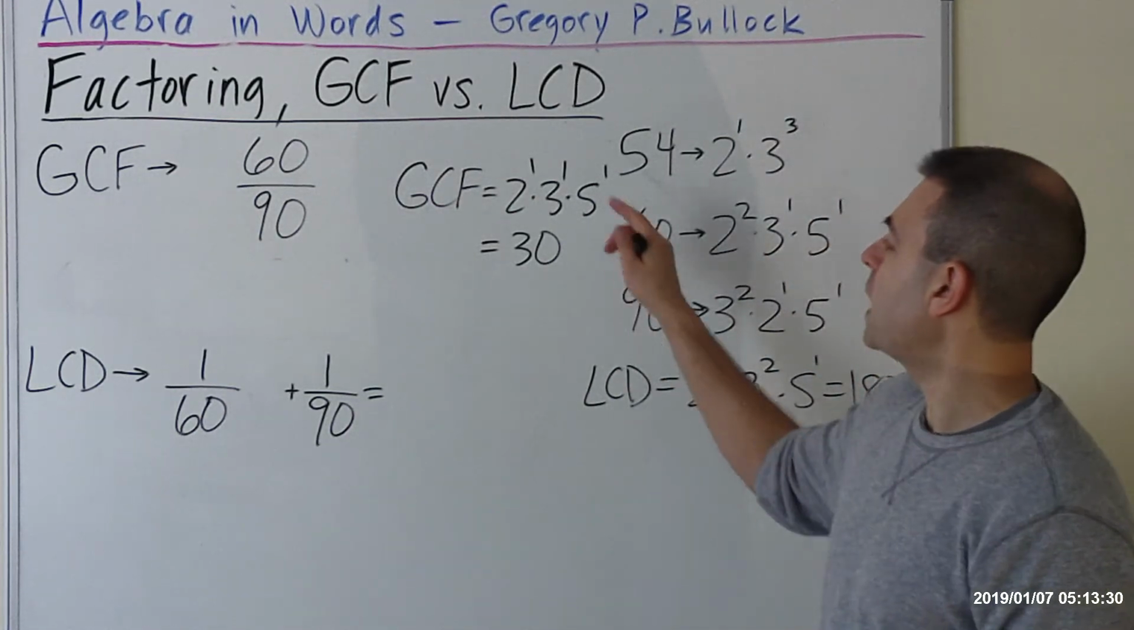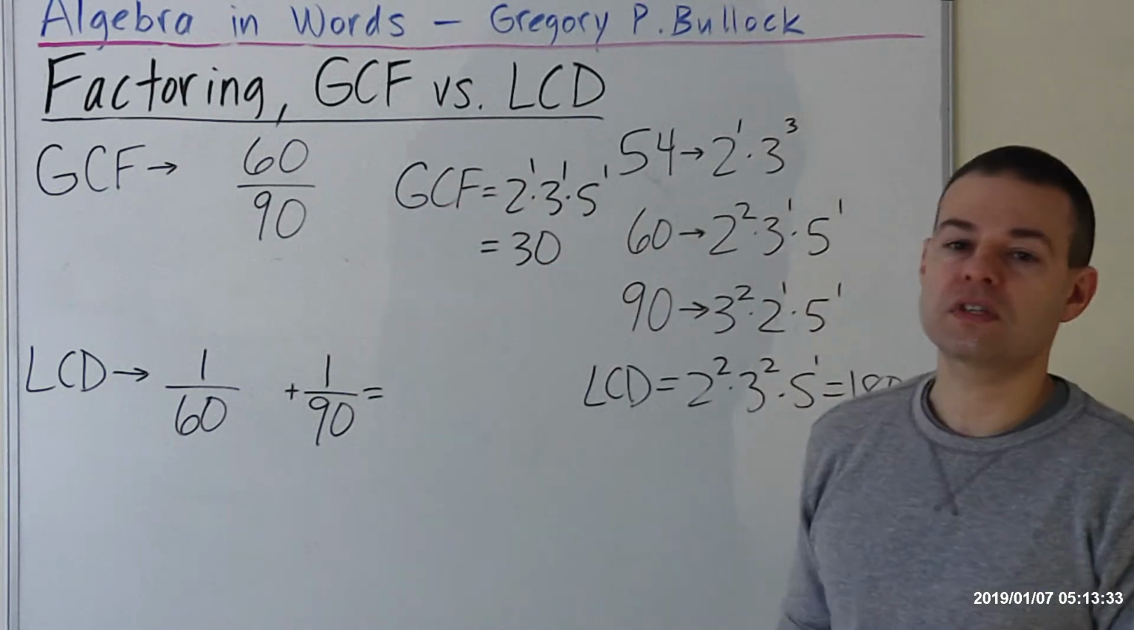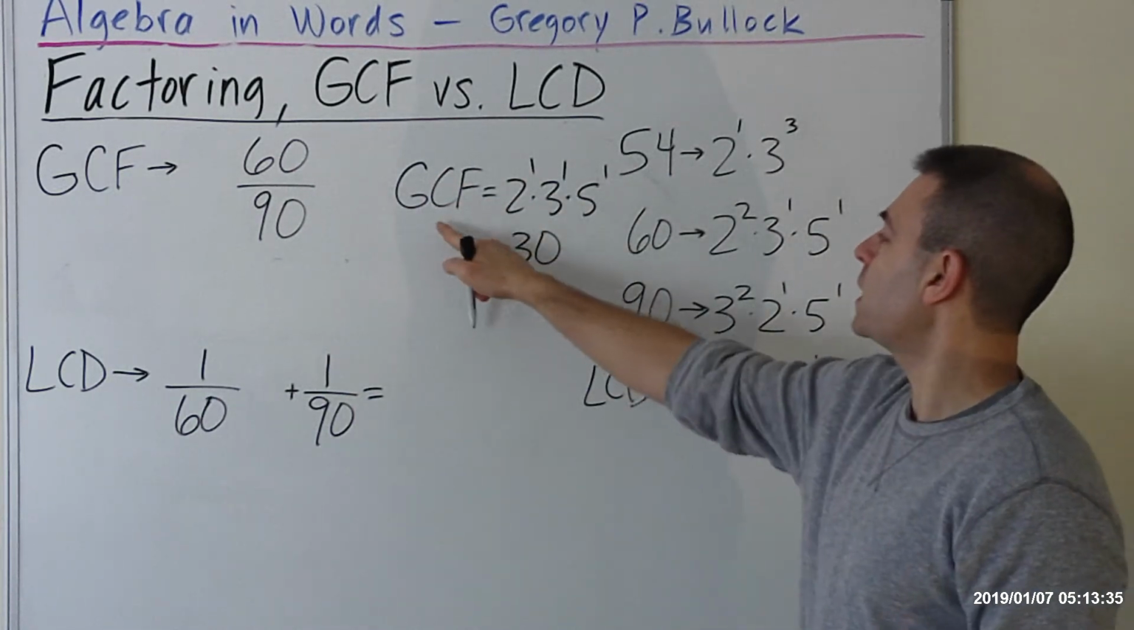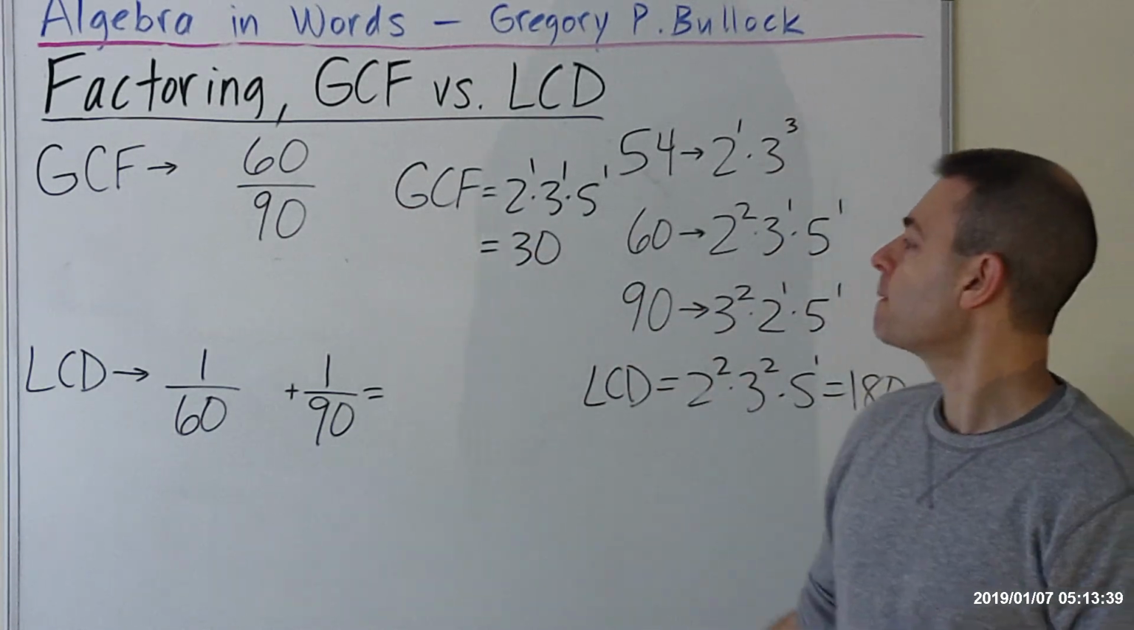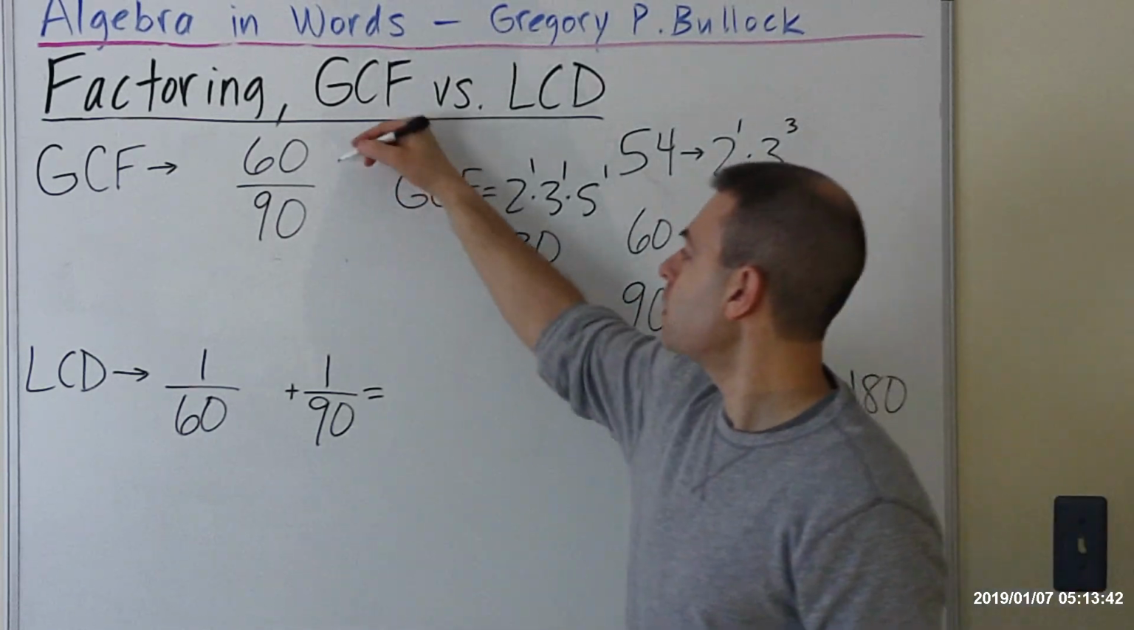Okay, so back to the reduction of 60 over 90. We determined that the GCF was 30 because the product of these factors was 30. So how do you use GCF? Think of dividing